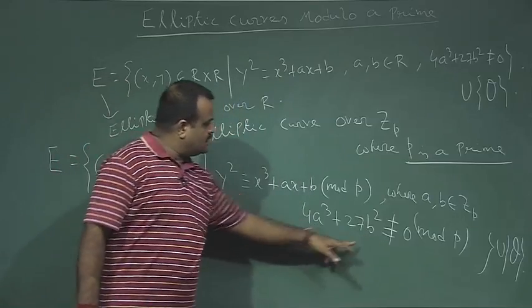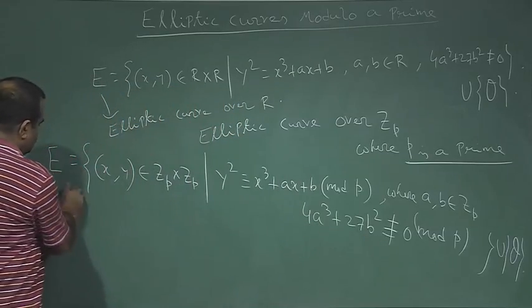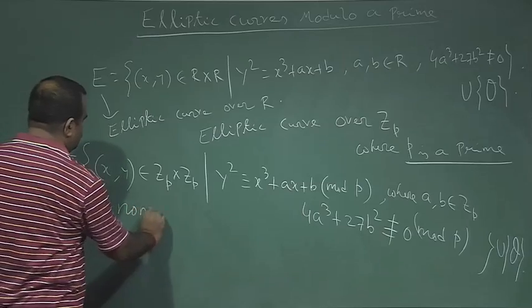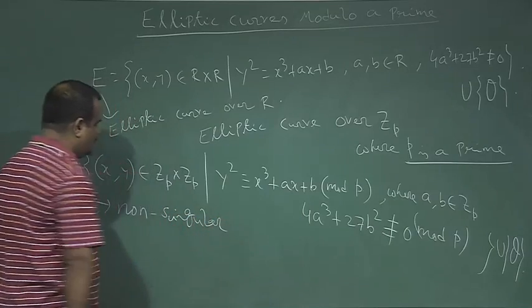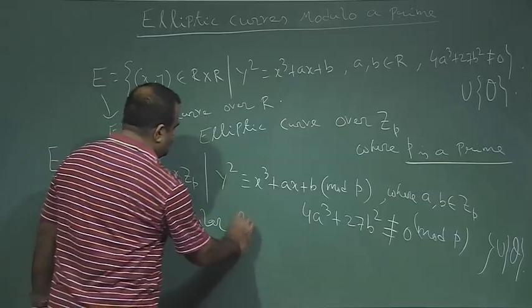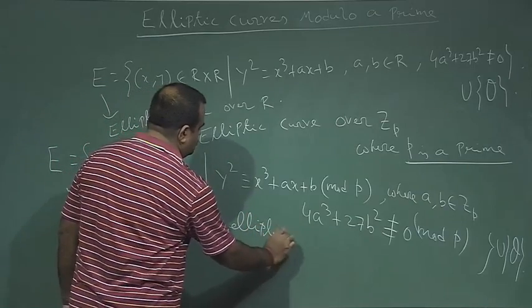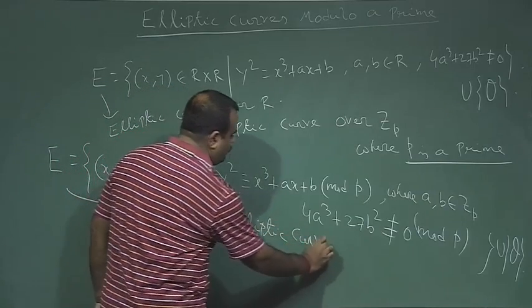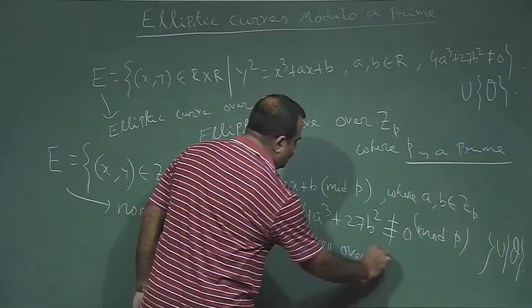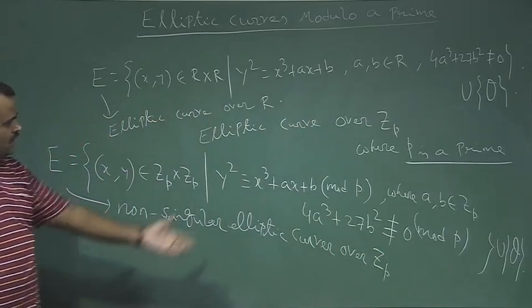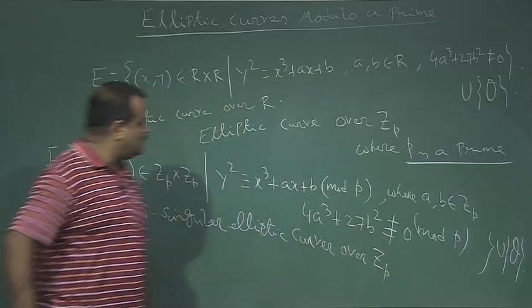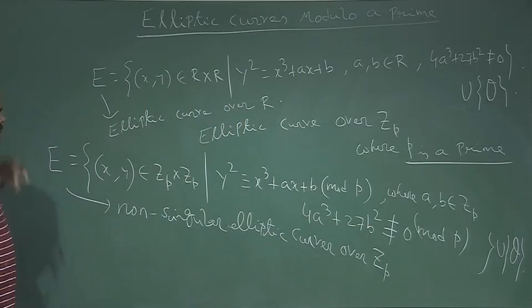This is the non-singular elliptic curve over Z_p. Okay. So now if this is congruent to 0 mod p,